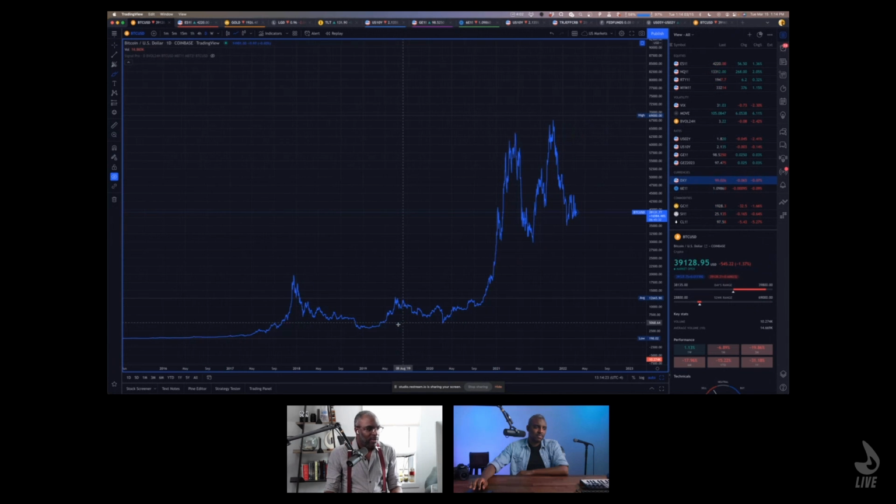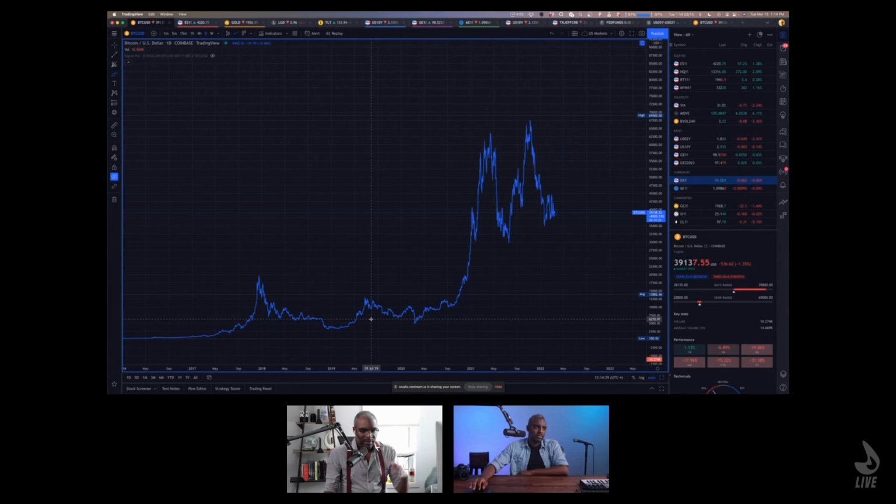But then we had a run up. Then we had another run up that happened in 2019, which had to do with the halving. And then this big explosion up shows you how much money was sloshing around in the system. It just exploded Bitcoin from around 12,000 to 60,000. Pretty good sign that when people had money, they wanted to buy Bitcoin. People who have excess money want to put that money to work in the thing that might yield the highest return. And so if you have an appetite for risk, you go to the riskiest asset that could give you the highest return. So that's what we see here.